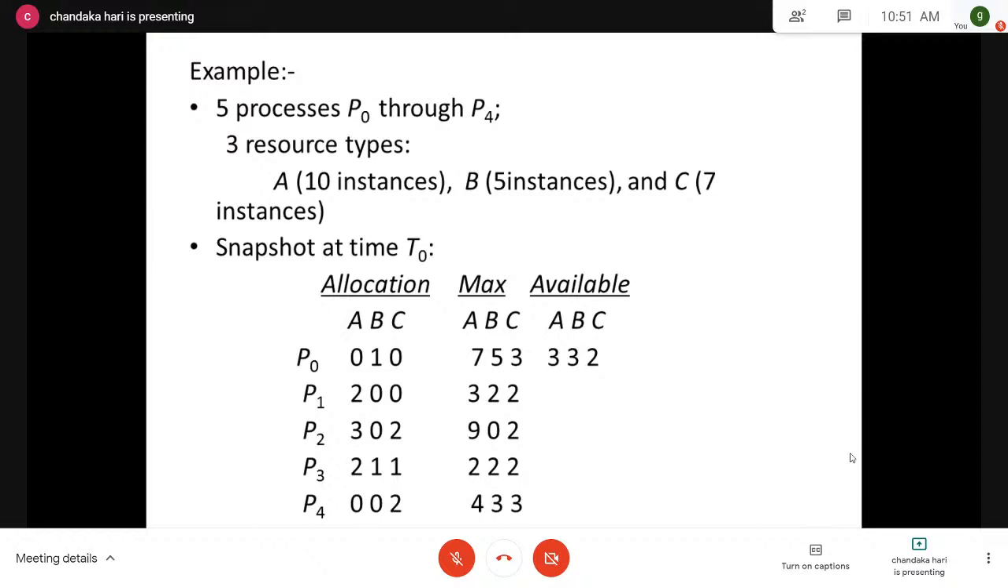There are 5 processes running, that is P0 to P4, P0, P1, P2, P3 and P4. There are 3 resource types, A, B, C. There are 10 instances of resource type A, 5 instances of resource type B, and 7 instances of resource type C. Now, whatever the resource request is at the snapshot